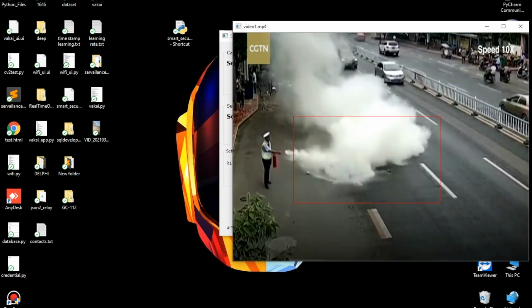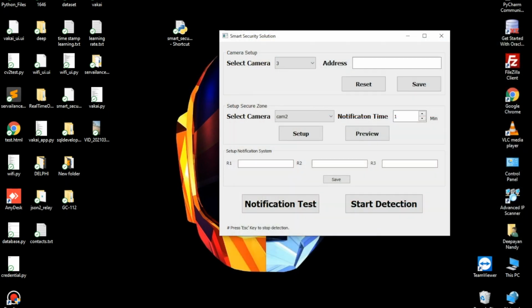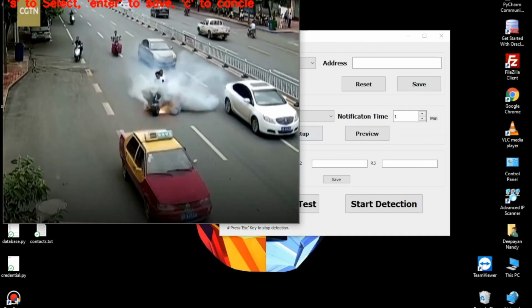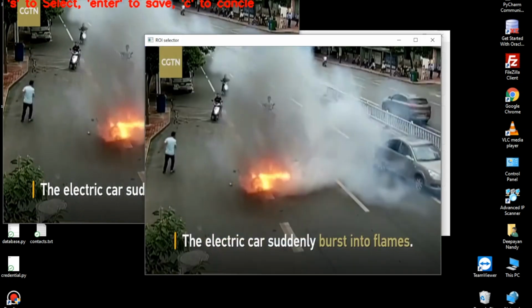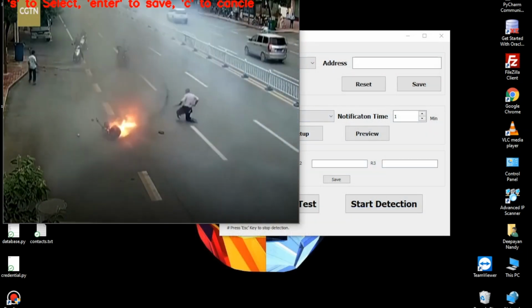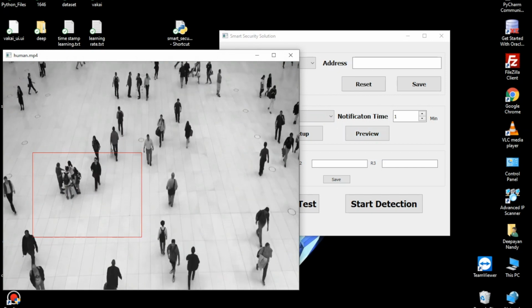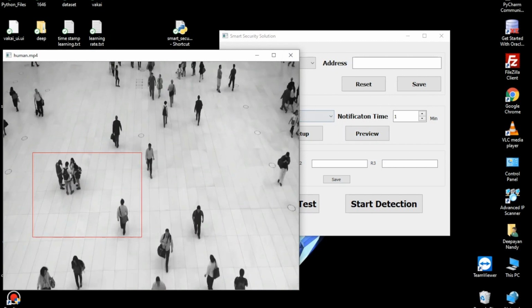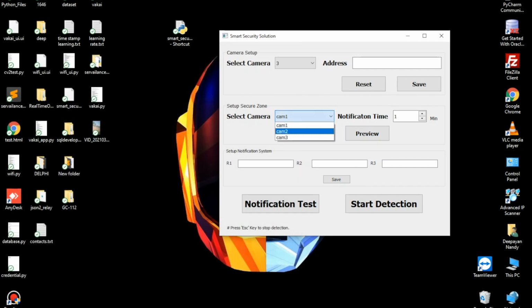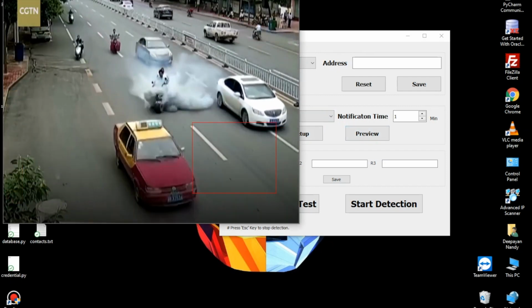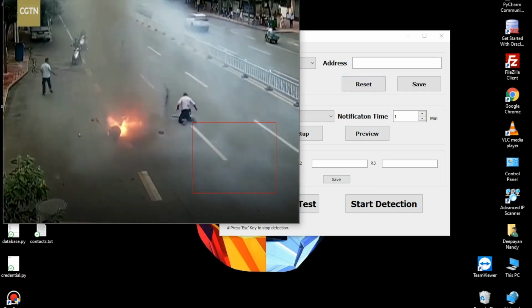In the same manner you can check here it is a secure zone for camera 2, and let's set up camera 3. For camera 3 let's choose this part as the secure zone. Now you can randomly check any of the footages to see whether the secure zones are properly placed or not. Okay, so after you finish this setup